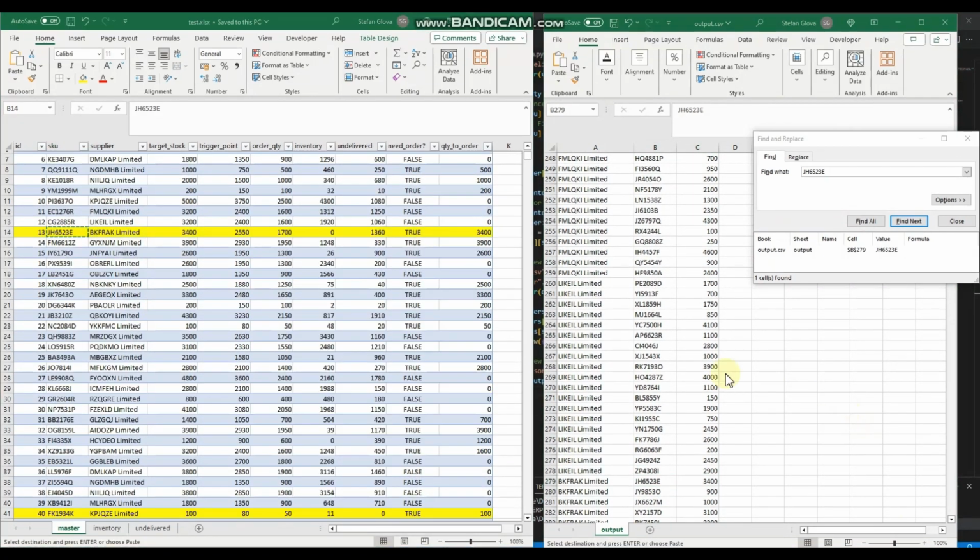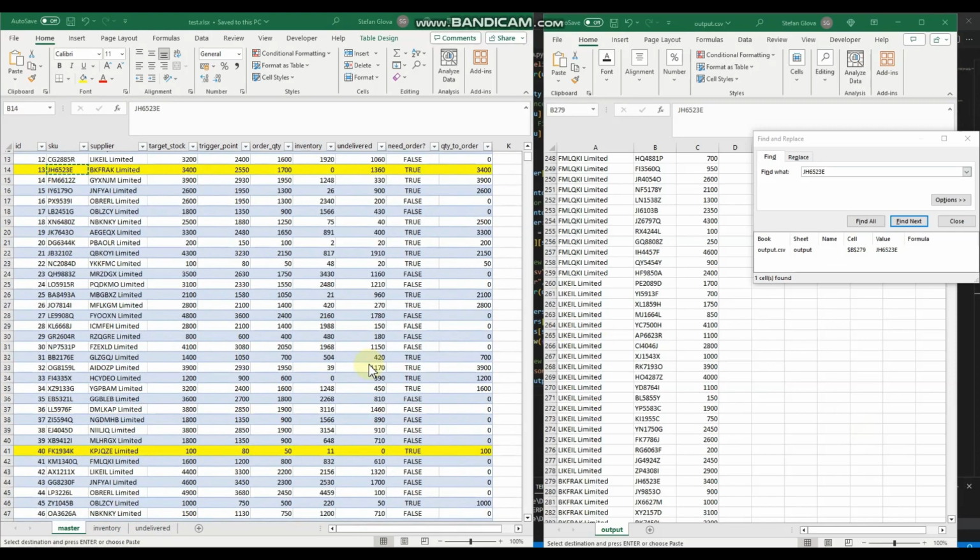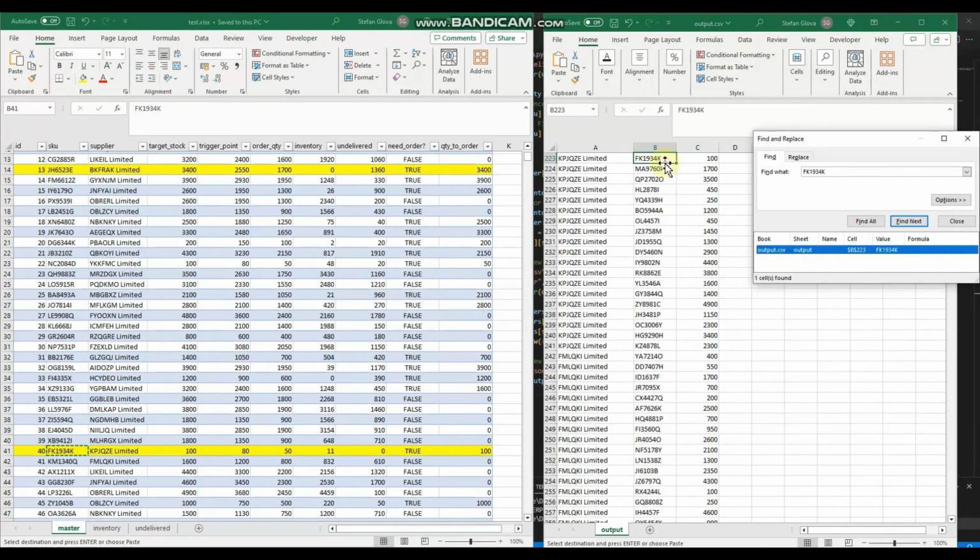And now we can check another SKU where, comparing with this one, we have some inventory, we have nothing incoming, but because inventory is so low we need to order some more, so this should give us an output of 100 to order. Yeah,